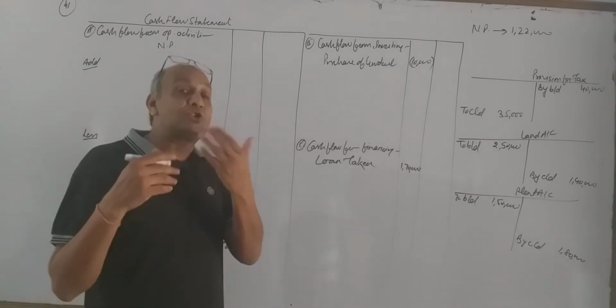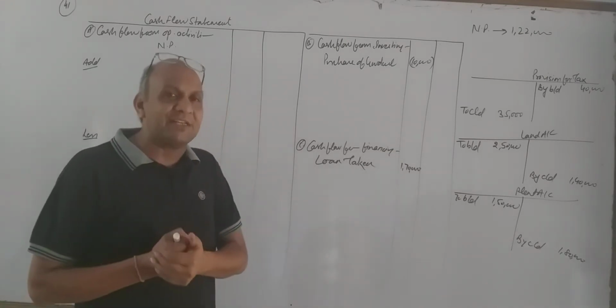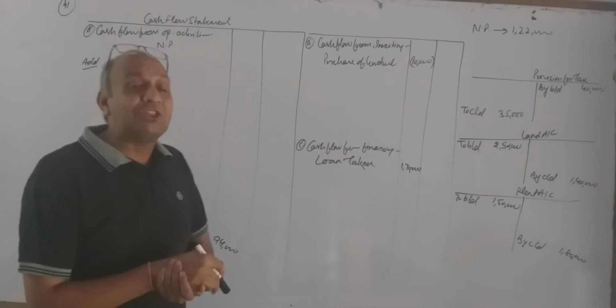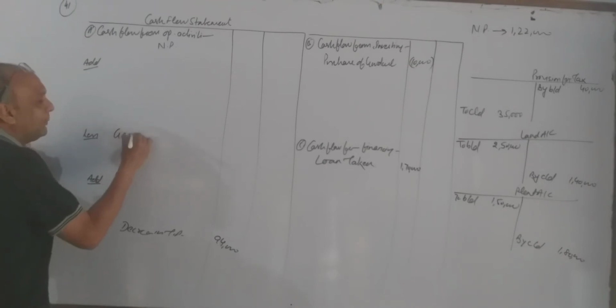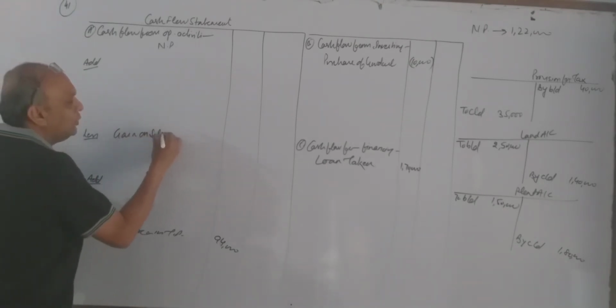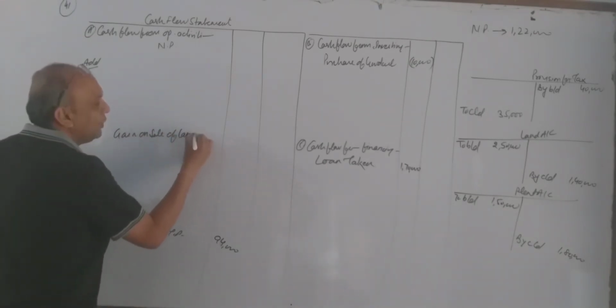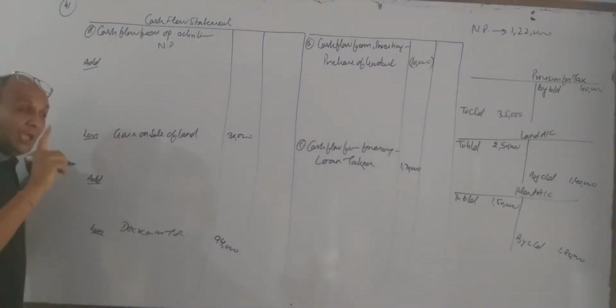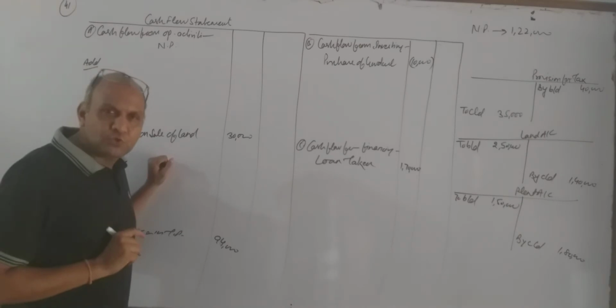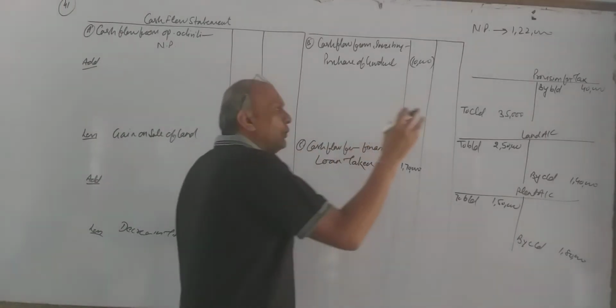He is saying gain on sale, it means part of the land we are selling, and on that sale we got a profit of 30,000. And what is to be done with the profit? To be deducted from operating activity, gain on sale of fixed assets or gain on sale of land, 30,000 rupees. Each adjustment will be transferred at two places. Now this gain will go in which account?